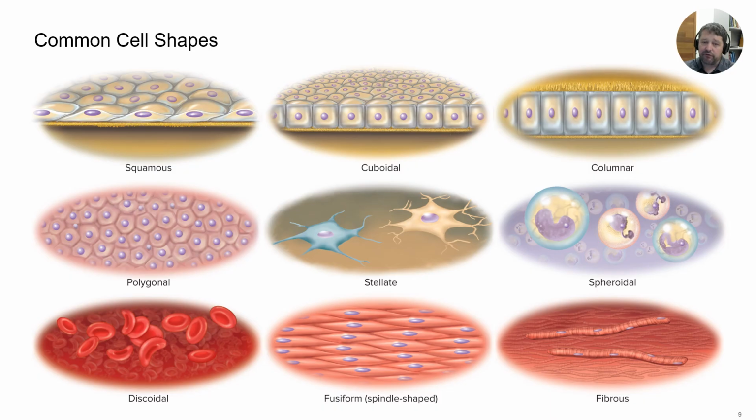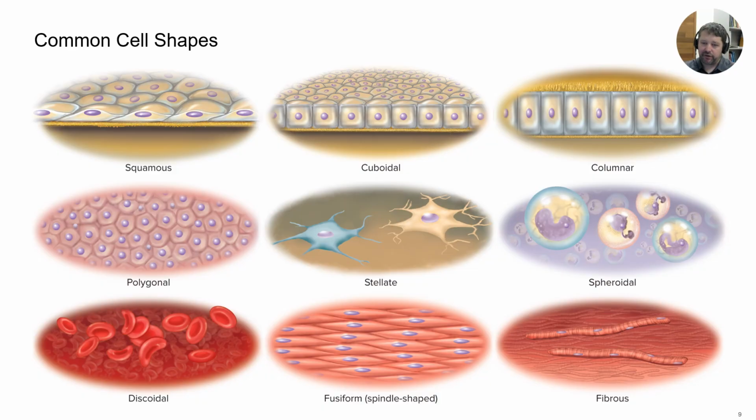Polygonal, stellate or star-shaped. Nerves, we get labeled nerve cells, kind of stellate. Spheroidal or spheres: a lot of your white blood cells might be similar to this. Discoidal: your red blood cells have kind of an indentation. Fusiform, fibrosa. Again, we'll talk about a lot of these as we go, but that's where the names are really coming from. And so often you'll see a name associated with a cell type,